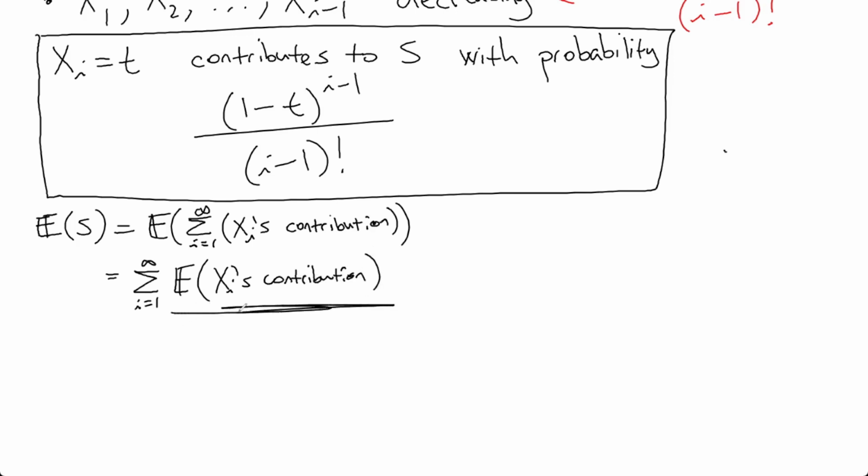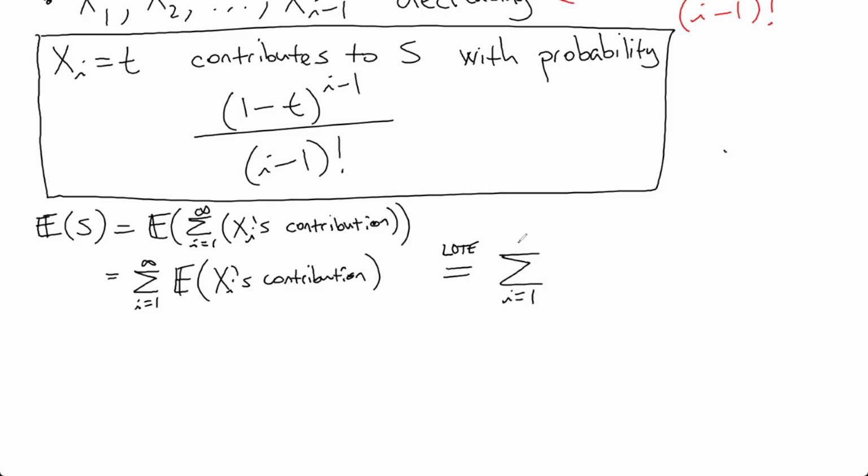And in order to find the expected value of x sub i's contribution, I need to know the probability that x sub i contributes a non-zero amount to S, and we've calculated that. So I can now use the law of total expectation. This is going to be equal to, by the law of total expectation,